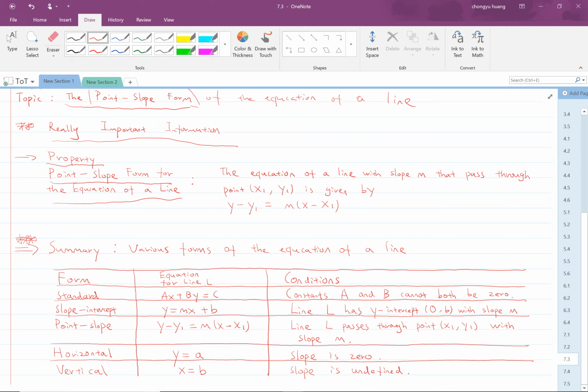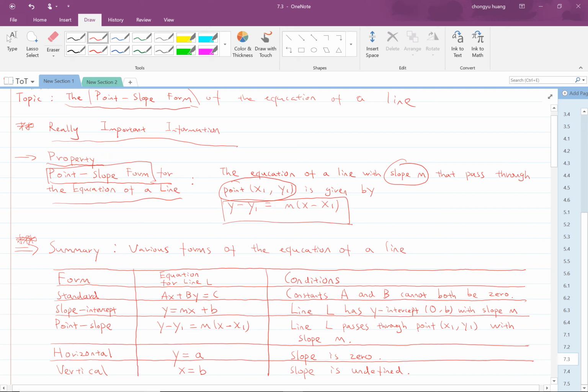So let me actually read the property first. Here it says that the equation of a line with a slope m that passes through the point (x1, y1) is given by this. You need to memorize this form. The key thing you need to know about the point slope form is that